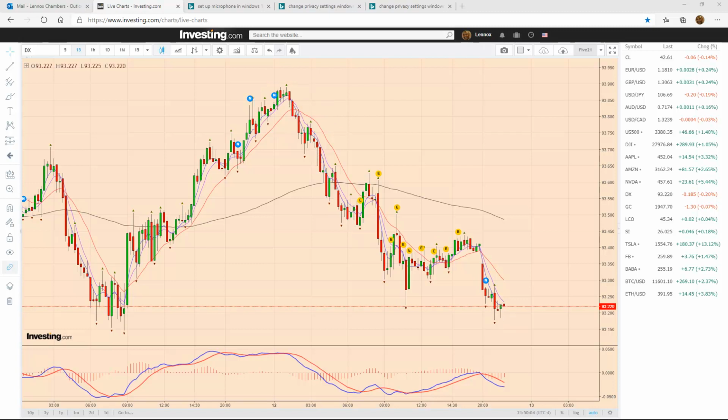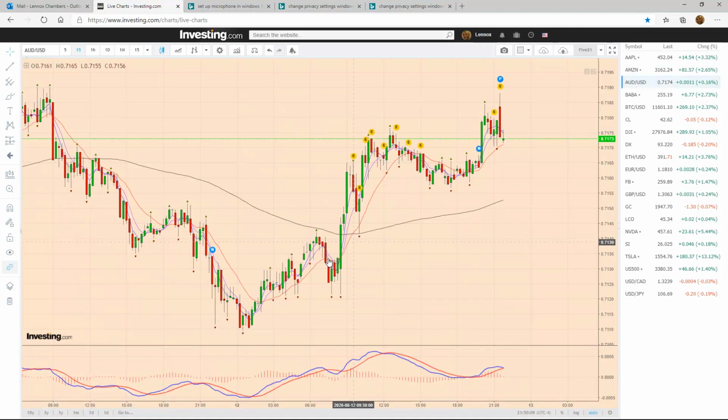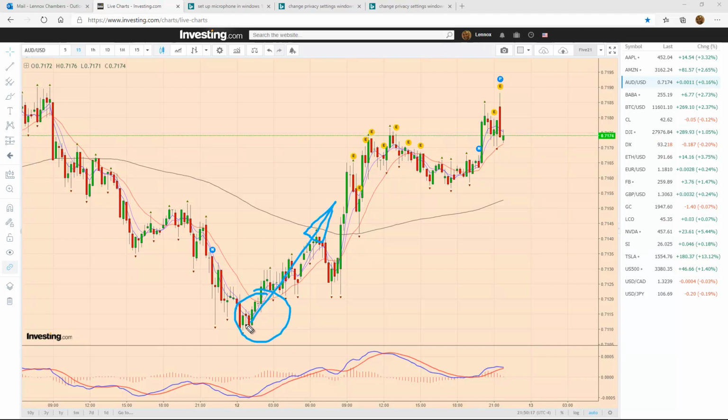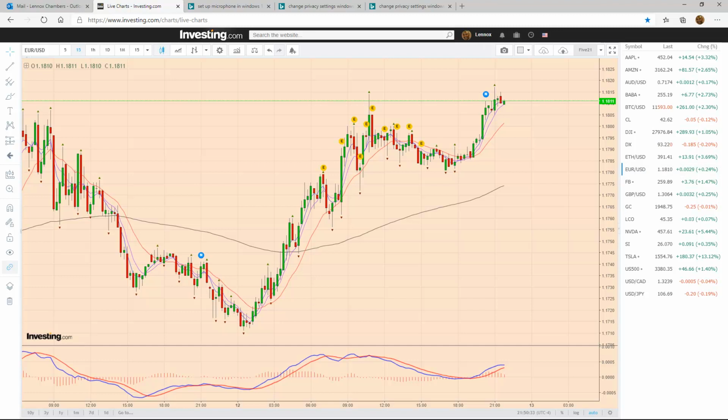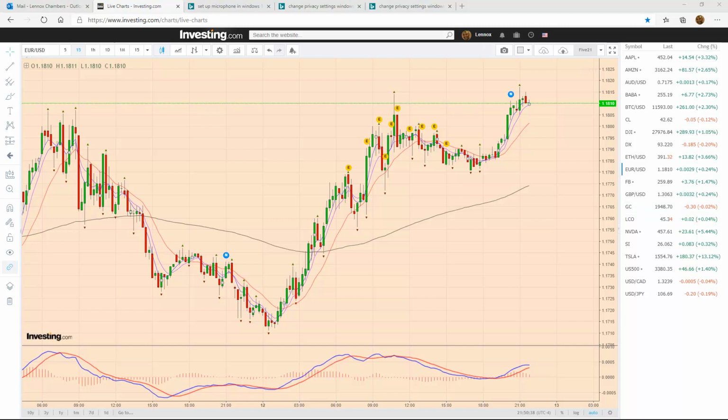Okay, so looking at Aussie, let me just put these in order. Aussie US dollar. So the move for Aussie US dollar, we were sitting at this point here. Expected move was to the upside, and it did that. It actually formed our structure, and it's doing just fine right now. And the expected move for the euro as well was to the upside. We were sitting down here, and the expected move was also to the upside,